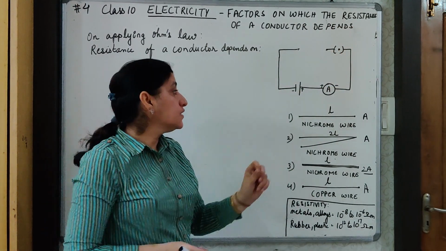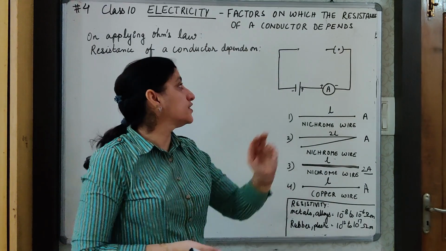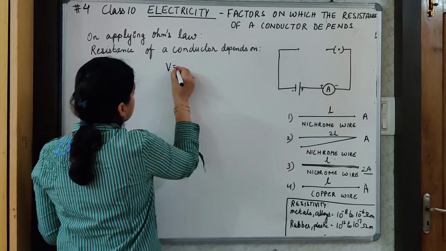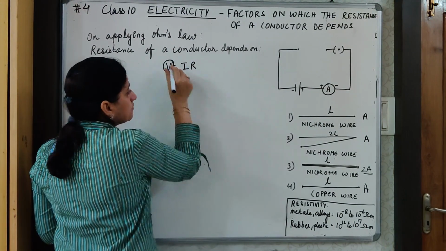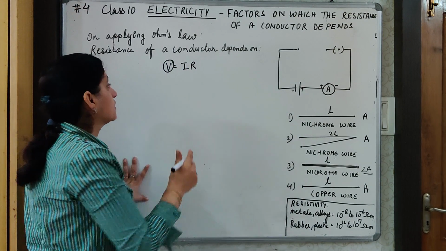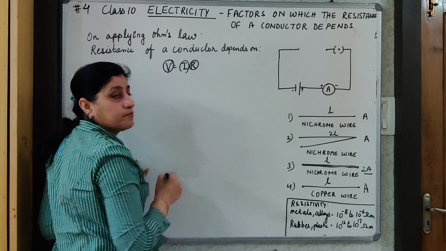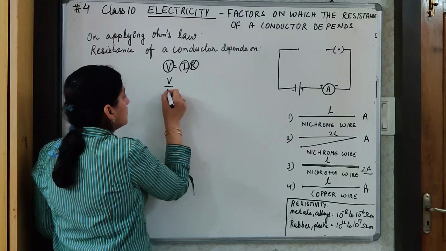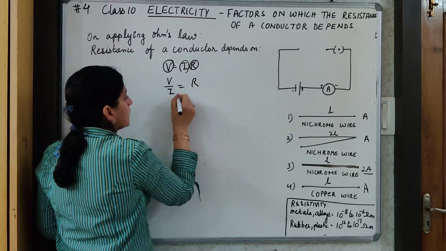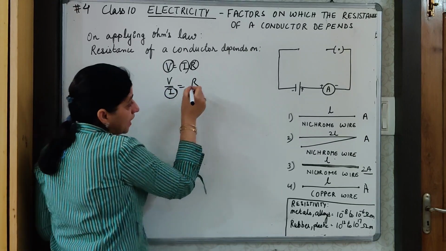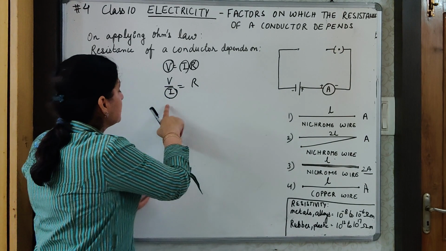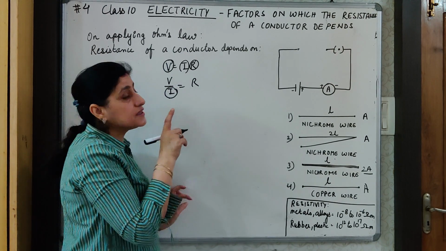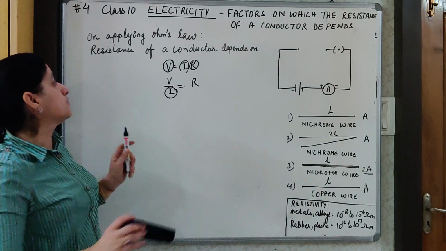Now you will question me, ma'am, we are finding out the current and then you are talking of the resistance. Remember doing Ohm's law? We have done Ohm's law that V is equal to IR. If V remains constant, which is constant in this particular case, then I and R are dependent on each other inversely. Like V upon I is equal to R. If I will increase, R will decrease, because we can see from here resistance is inversely proportional to I. So based on this, the conclusion from this experiment comes as